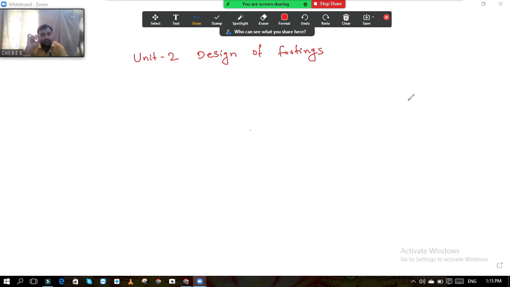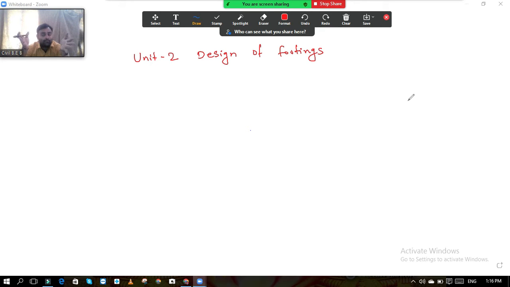The simple answer is that this is the column. Below the column if I place a larger area, now my hand is the footing, the load coming from the column will spread over this entire area. The huge load gets spread over the entire area, and we are able to spread the load on a larger area so that the intensity is reduced. Are you getting my point? For a column it is just like a point load and UDL. In a point load the load is acting on a point, but in UDL the load is acting on the entire length or larger area.